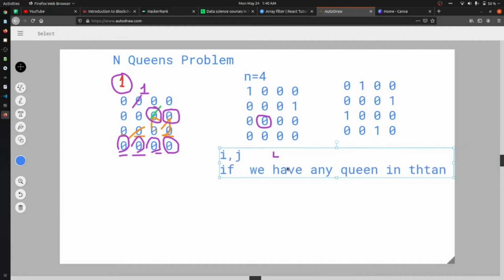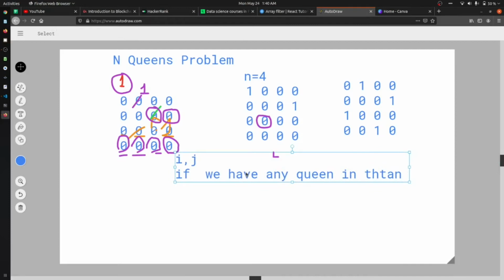If we have, we will not put that queen. If we don't have, then we will do that. So let's start with the coding.